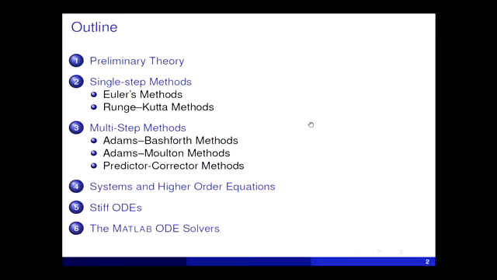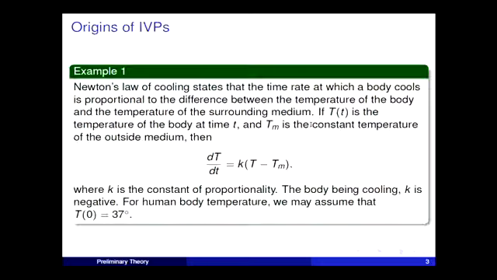So now, what are initial value problems? Well, let's look at some examples. Again, we see Newton; Newton knows everything. Newton's law says that suppose you have a body that is cooling down. Then T is the temperature. The rate of change of the temperature with respect to time is proportional to the difference between the